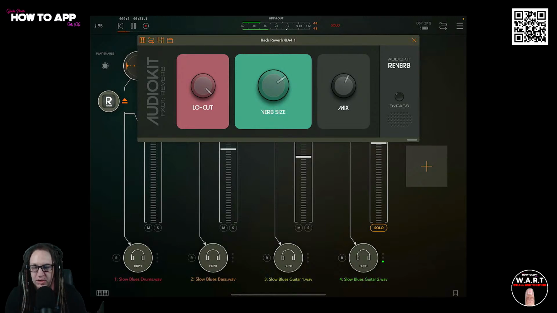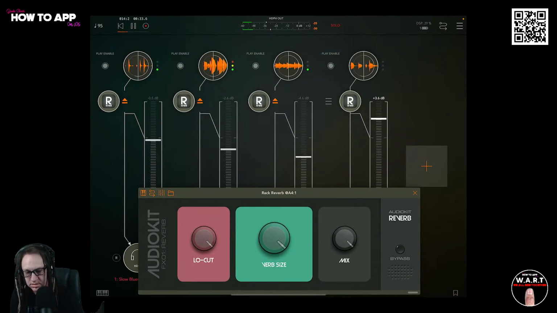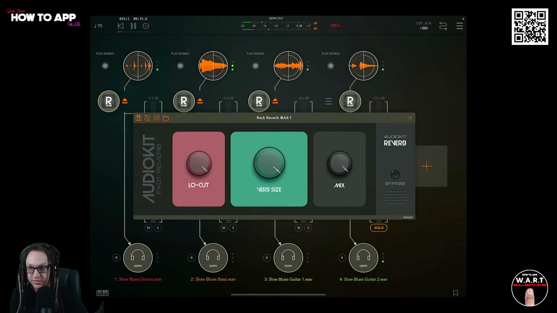So as you'll see, when you're taking out all the lows with this low cut here, and you take the whole wet mix, this is the kind of reverb that you have. So as you can see, when you pull in this low cut,